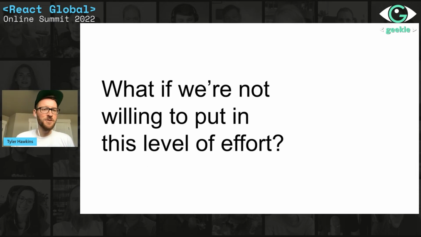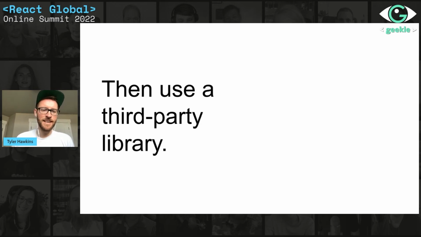And so with that understanding, if you understand that a design system is a product and not just a side project, you might have a follow-up question. What if we're not willing to put in this level of effort? That is a fair question. Maybe you don't want to dedicate those resources and that time to building and maintaining a design system. And if that's the case, then